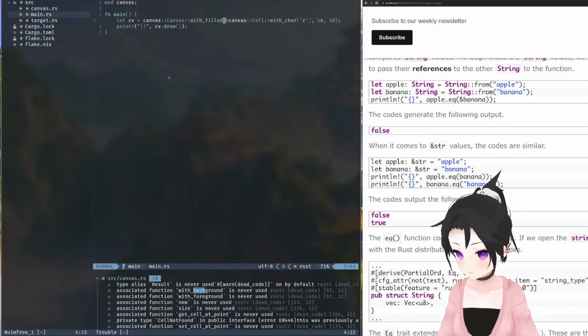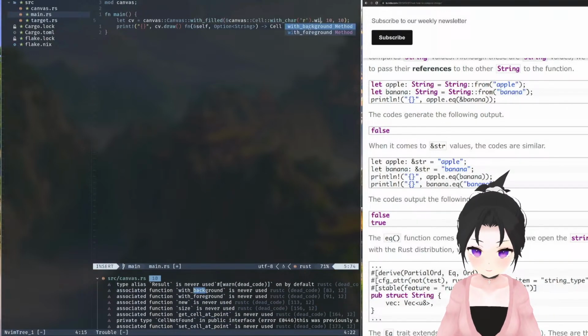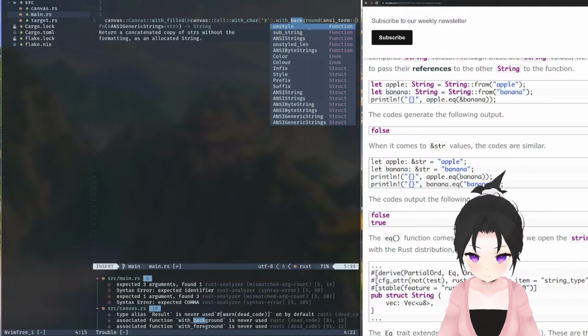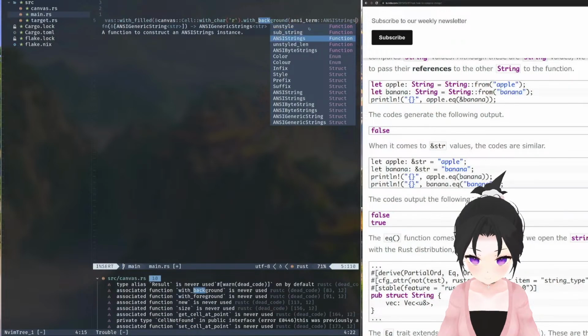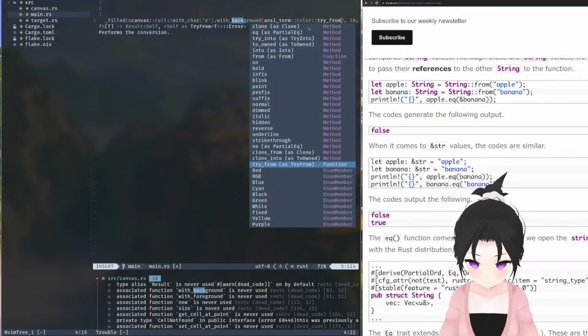And now I can just go in with background, ANSI term, color red,